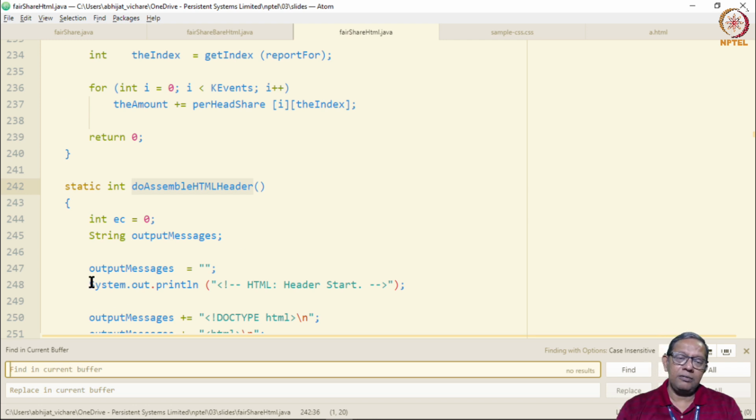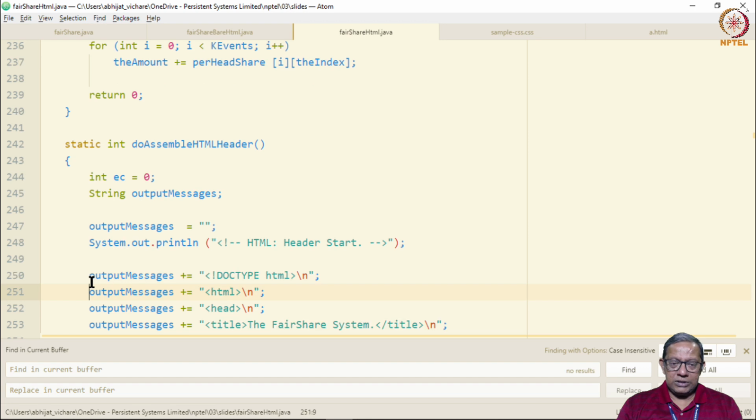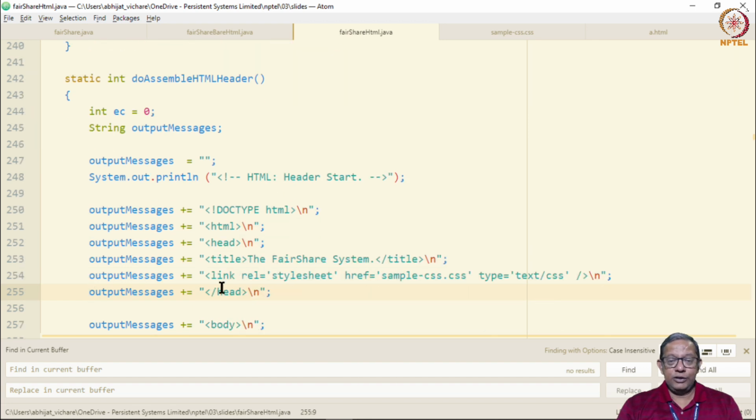Is it different from the bare bones version? Yes, it is. You will see that we now have one more piece of information in the header, that is a link to a file called a style sheet. What does the style sheet do? We just mentioned.